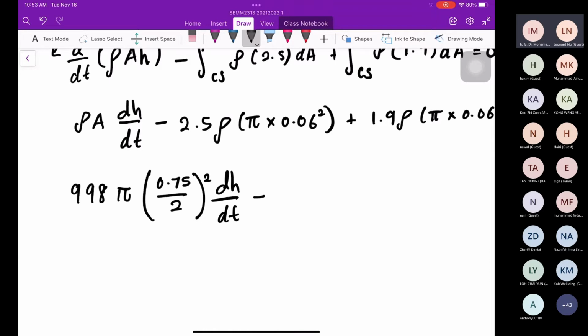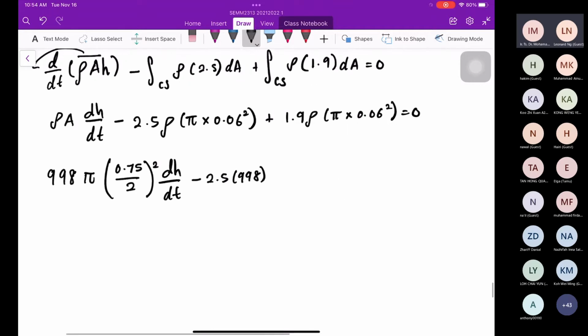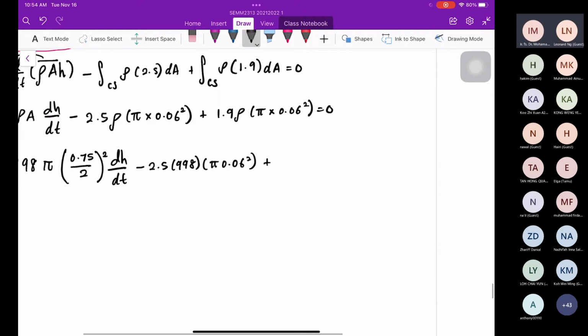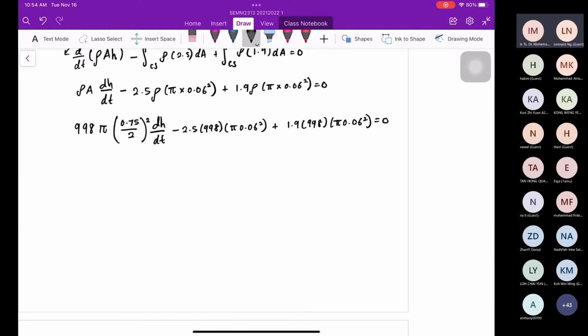dH over dt equal to minus 2.5 times 998 times pi times 0.06 squared, plus, substitute only, 1.9 times 998 times pi times 0.06 squared, equal to 0. So now what we have is dH over dt equal to